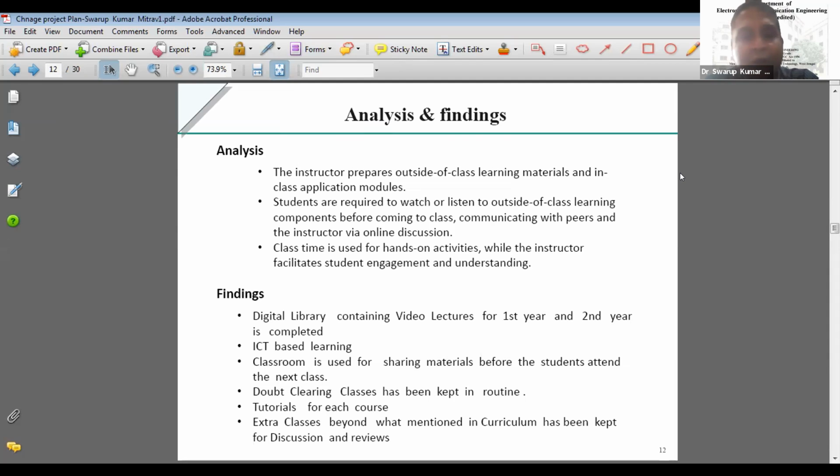We also have a doubt clearing classroom, which I have kept in the routine. We have tutorials and extra classes. In brief, our college is not normally open on Saturdays, but we have opened on the second and fourth Saturdays to discuss the findings on the backlog laboratories, which were already given as resource material, in the first year for the second year students, and in the second year for the third year students. We discuss these through our laboratory classes. That sort of practice has been going on in our institute in a full-fledged way on Saturdays.